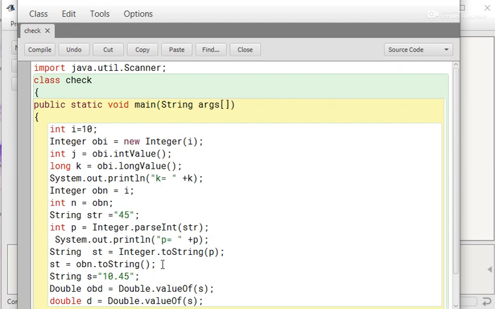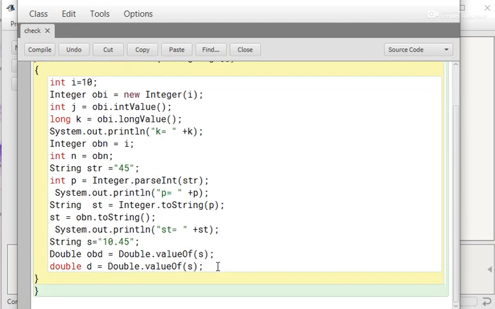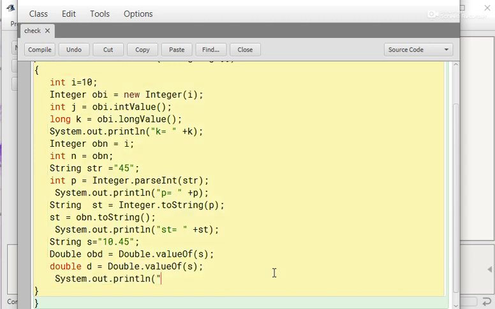Now again if you want to display the value of st here, System.out.println st equals to plus st. Now close the bracket and press semicolon, and at last display the value of d. d equals to plus d.